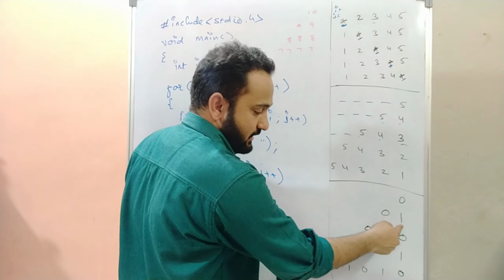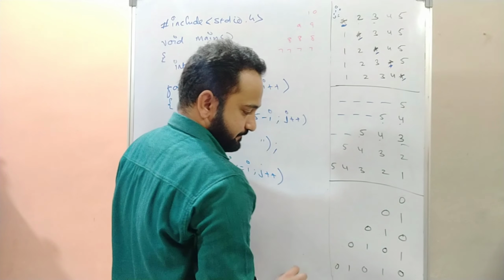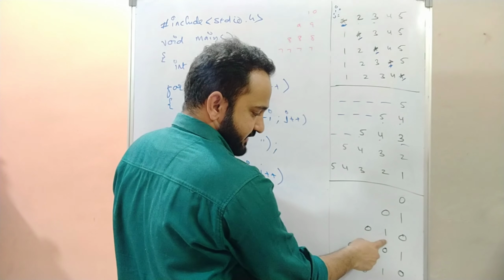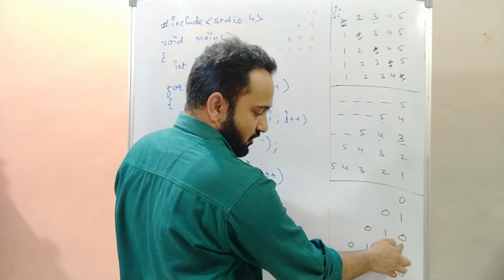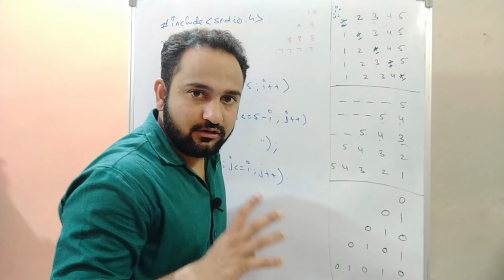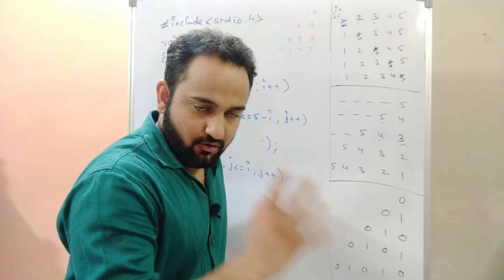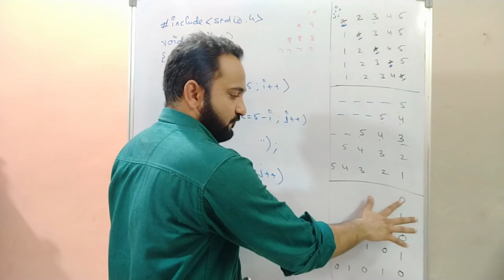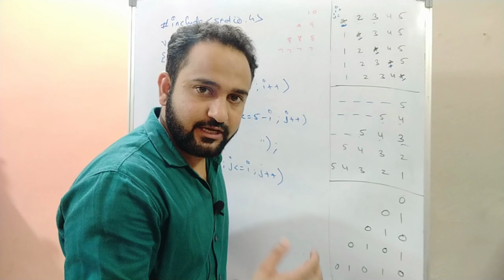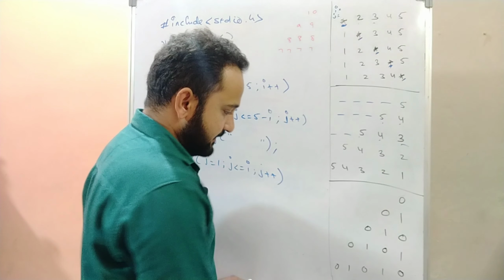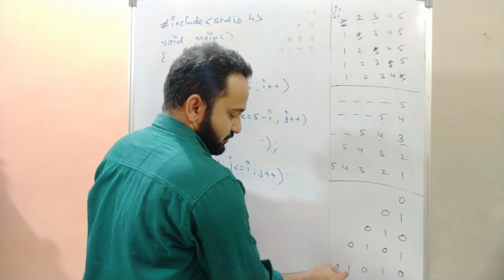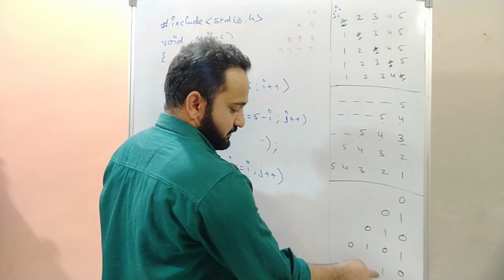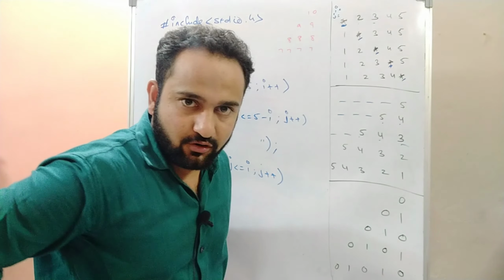j is 2, that is even now, 2 is even, right? So we are printing 1. So for this case also, see, j equals 1, 0, j equals 2, 1, j equals 3 is an odd number, we are printing 0. For all even values of j you are printing 1, and for all odd values of j, you are printing 0. See, here the value of j is 5, you are printing 0. Here the value of j is 4, you are printing 1. I hope you got the concept.